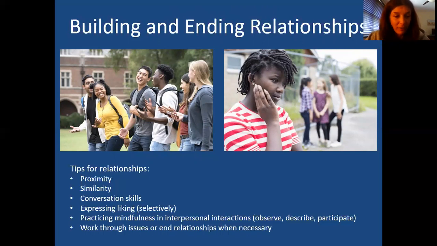And finally, there's a small section, although there's a lot that could be said about this, but in this particular section of the module, it's very brief. Just a reminder that issues do come up and it's important to work them through when they arise. And if a relationship really seems hopeless, or you can't work it through, or you're just too different, it's important to know that sometimes you just do have to end it, okay? Whether it's a one-person decision or a mutual decision, all right? And that's just part of life, and sometimes you just have to start over after that with somebody new. Okay, all right, so that's that.